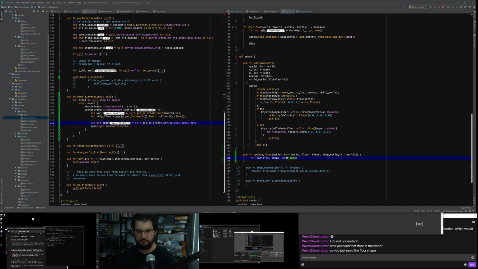Floors we want to be able to modify. And we're going to use world.system_data. So I'm still in the process at the moment of copying the floor definition from inside of a particular world and back into the space world. And this happens straight after the tick that modifies the floor. It's a bit of a hacky approach, but I think it'll be okay.